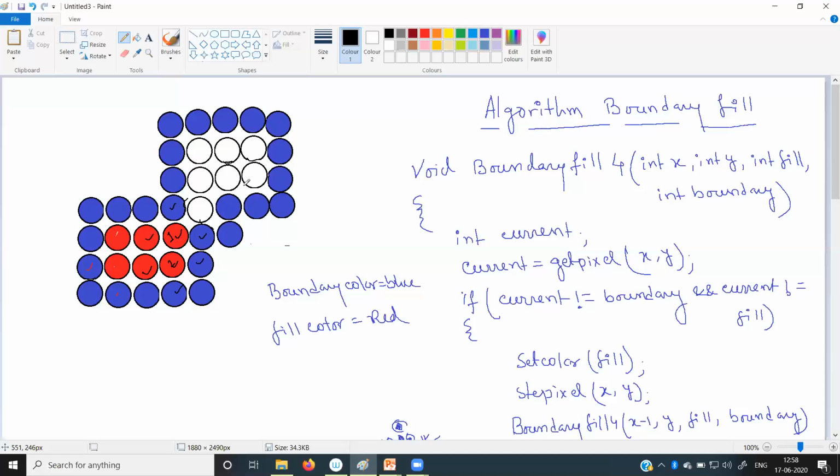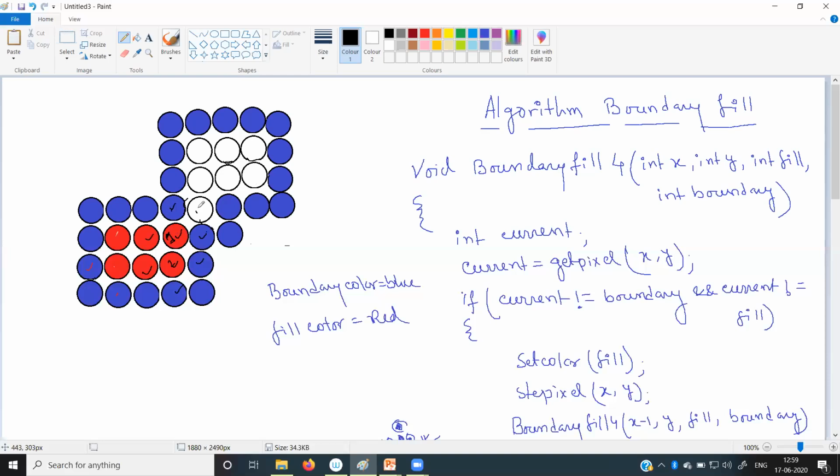So this is the disadvantage of the 4-way connected boundary fill algorithm. Okay. So I think the disadvantage is clear. So this is the disadvantage as this particular pixel, we call it by the name pixel 1. So this pixel 1, what will happen? It will call the boundary fill function for all the 4 nearest neighbors.